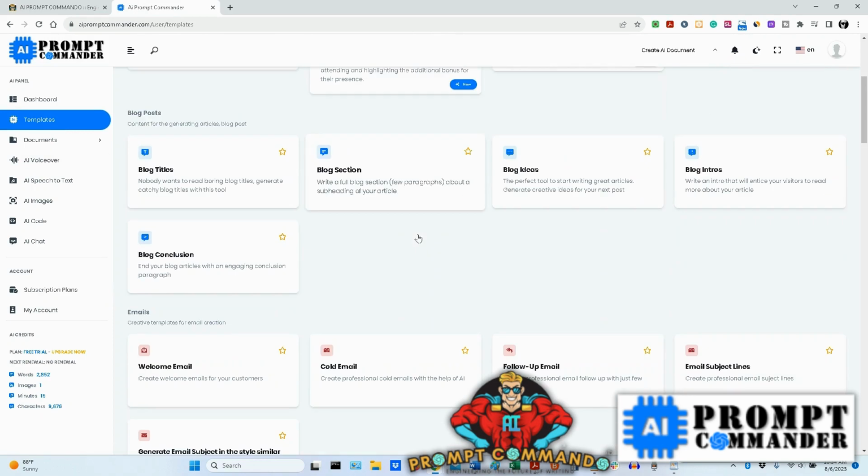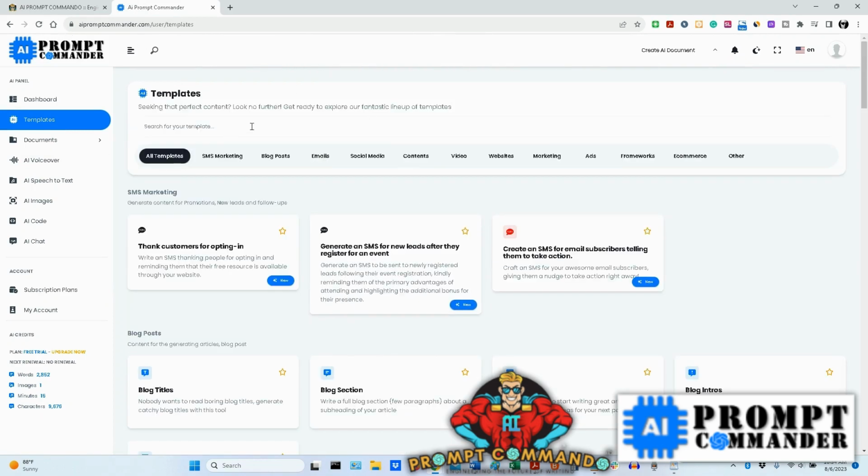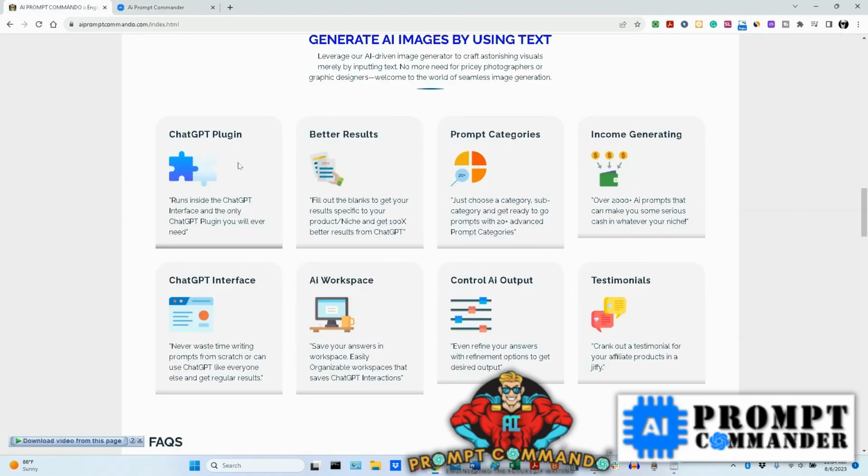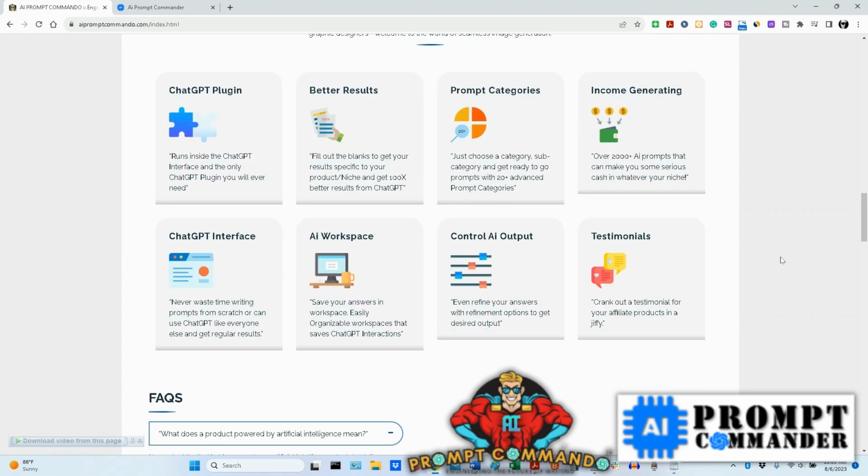This is like 65 going on 72, but on here, because this is a standalone software application, but here, because this is a plugin that's going to go directly into ChatGPT, you're going to have access to like 10,000 prompts that will literally come out with anything that you need. Okay. And for income generating, 2,000 AI prompts that you can make some serious cash with if you're an affiliate marketer or whatever you are. And you can help bust out testimonials. You can control the output, just like I showed you in here, controlling the output. You'll be able to do it in this plugin as well.